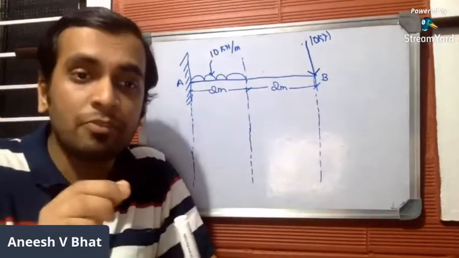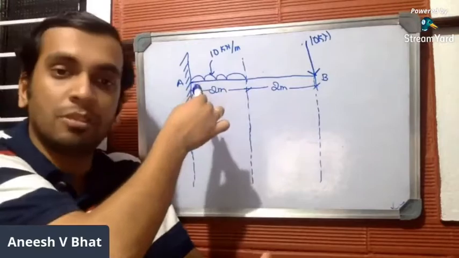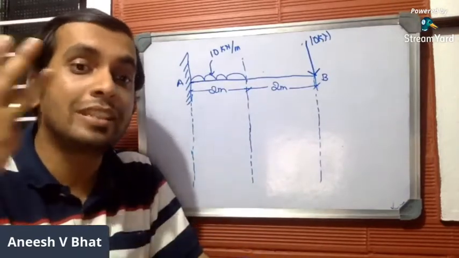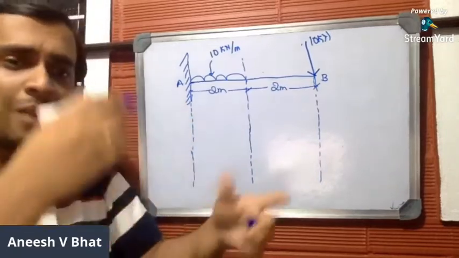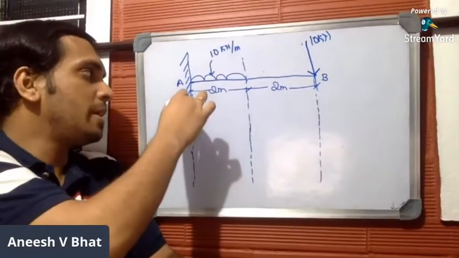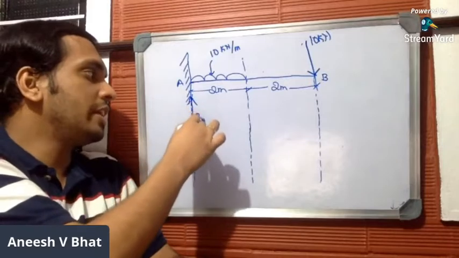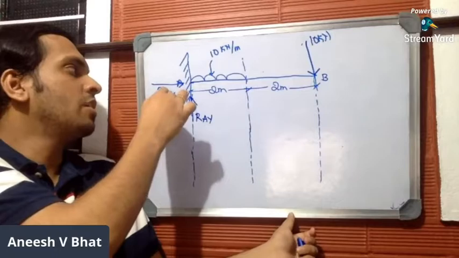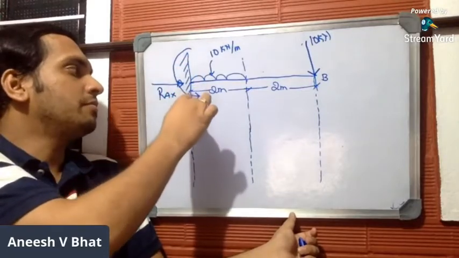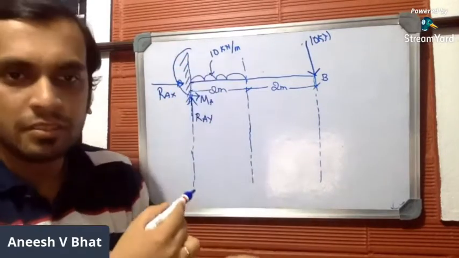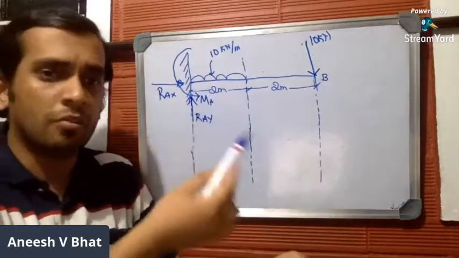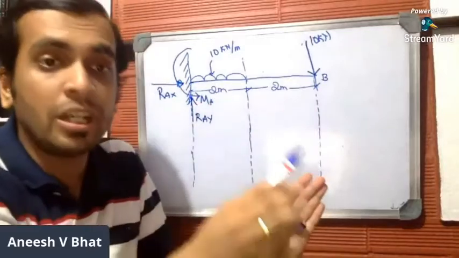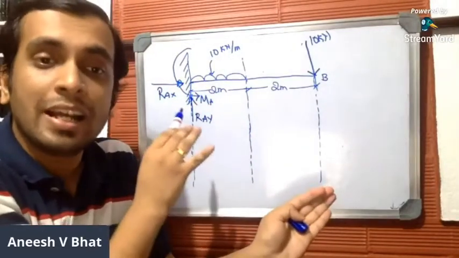Step number one is to identify the type of support and mark the support reaction. So this is a fixed support. If you have a fixed support in a particular problem, it will offer three support reactions. Let us mark all the support reactions. This will be one support reaction in the y direction, RAY, and this will be another in the x direction, RAX, along with the moment about A. You can assume the direction of the moment to be either clockwise or anti-clockwise. End B is free. So we have identified the type of support and marked the support reactions.